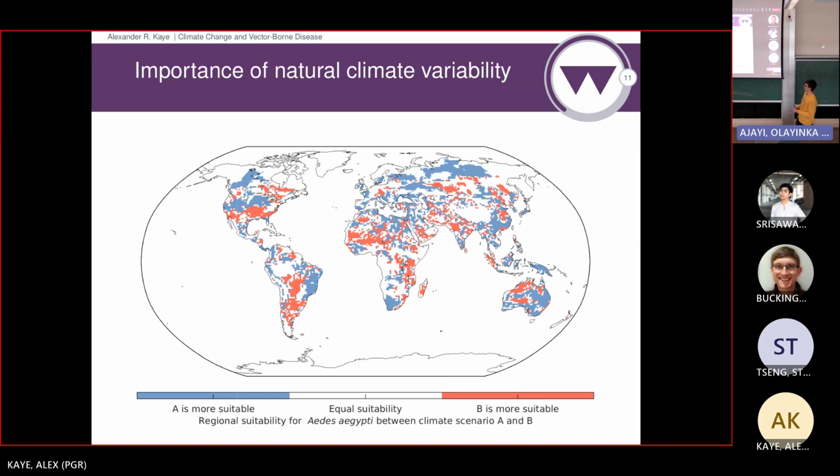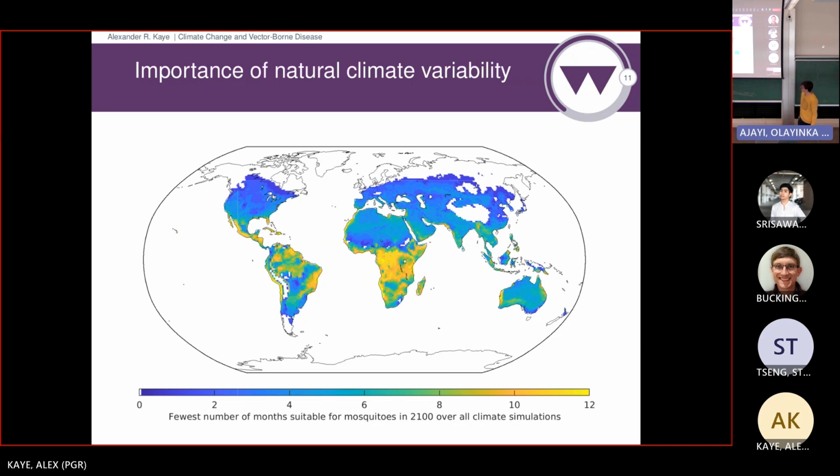And this is quite concerning because I think it's the only source of uncertainty that we can't actually reduce in the system. So in this sort of modeling framework, there's three sorts of uncertainty. There's model uncertainty, which you can reduce by maybe getting better models, which is very difficult, but you can do it. And then there's parameter uncertainty, which we can resolve by doing more experiments on mosquitoes. And then there's uncertainty in initial conditions, which is the natural climate variability. And that's impossible to resolve. The only way we can resolve this uncertainty is by moving closer to the time, at which point it might already be too late. Not to sound all doom and gloom, but